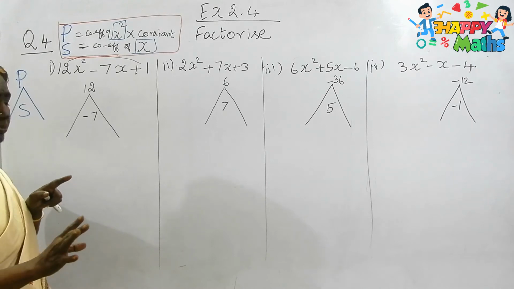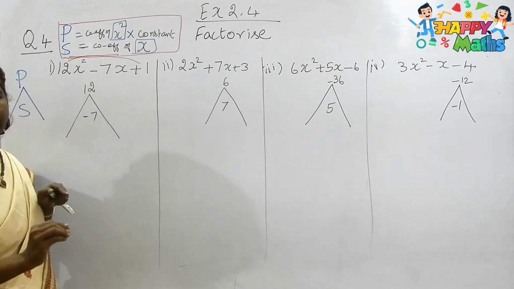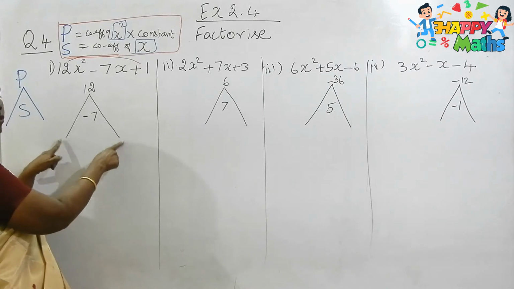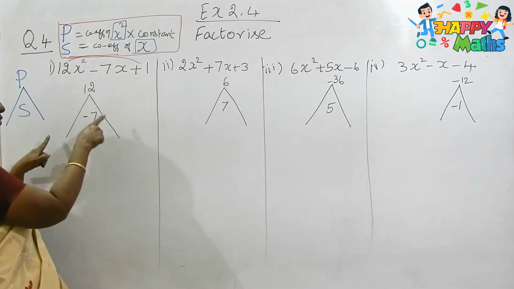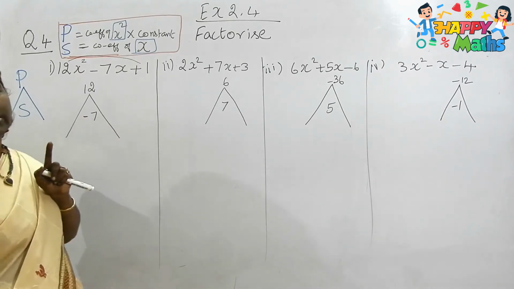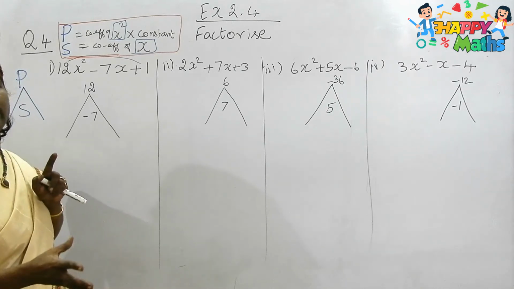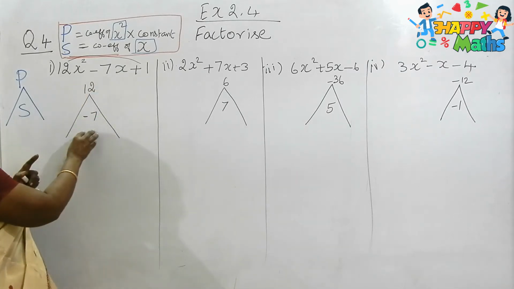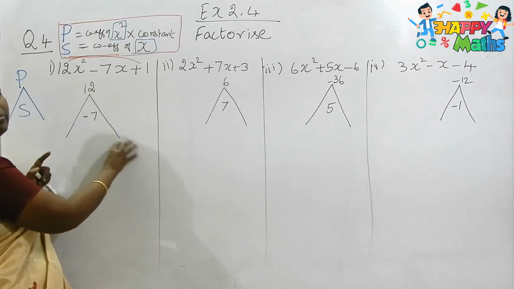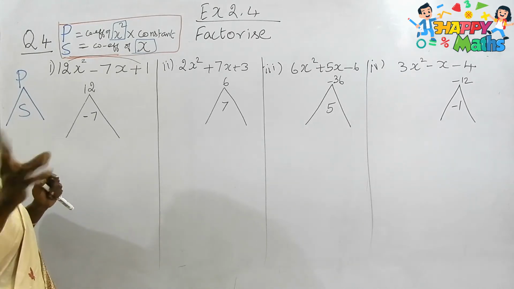Once again I am repeating. When you write the product at the top, if the product is positive, then the addition of the two numbers you are going to find out will be at the center. Addition means both must be in the same sign. You must be very clear about these things. In the part 2 video, I clearly explained what happens at the center if the number is negative, and how you find these two numbers, and how the combination of numbers will be if the number is positive. If you think in that way, it will be easy to find those two numbers.